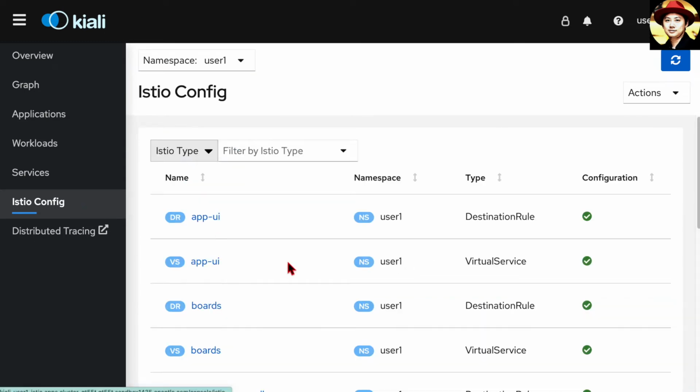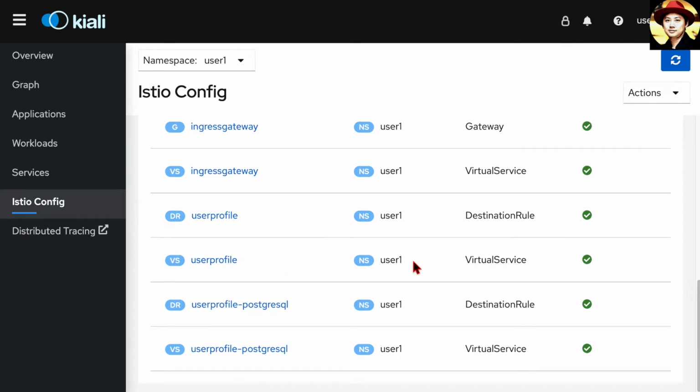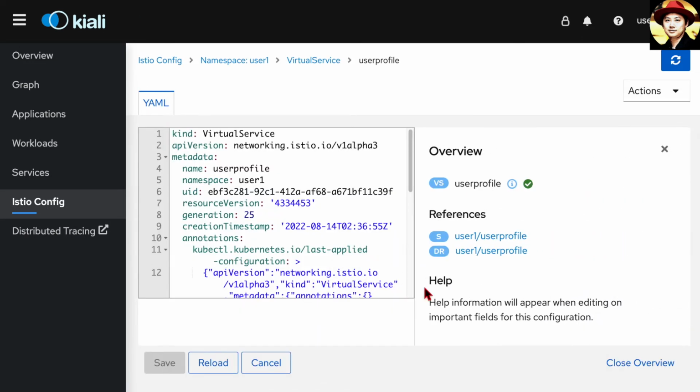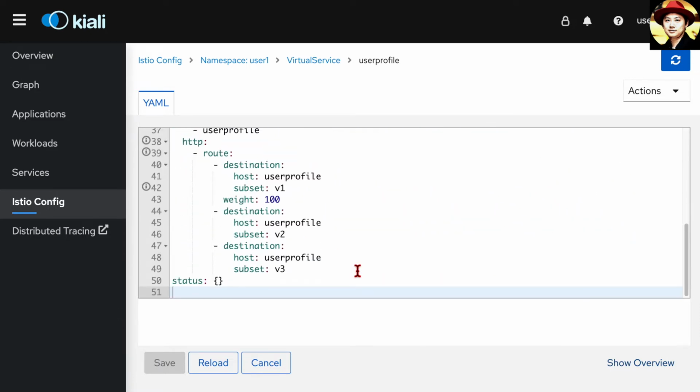And the traffic routing will be configured under the user profile virtual service. The current configuration routes 100% of the traffic to version 1, and the remaining 2 versions actually